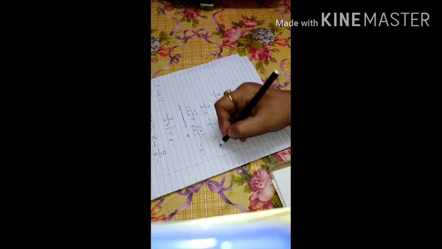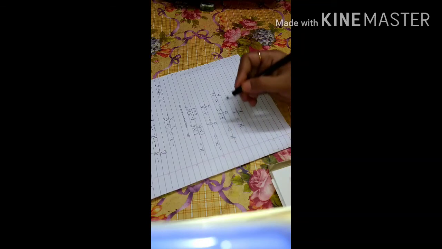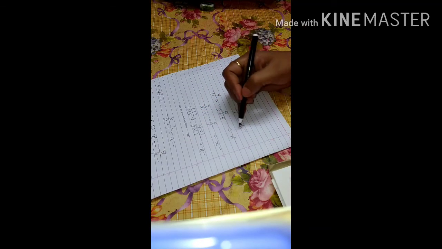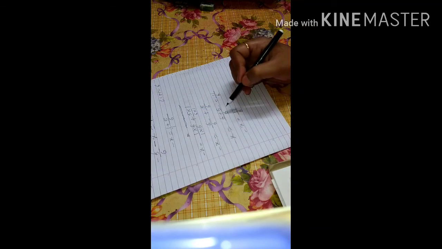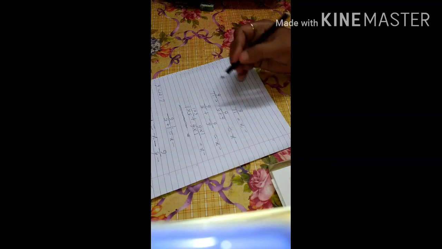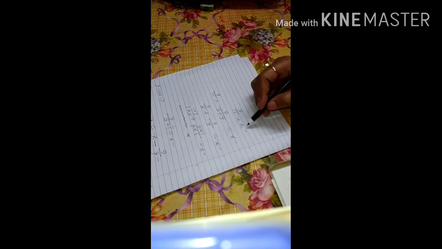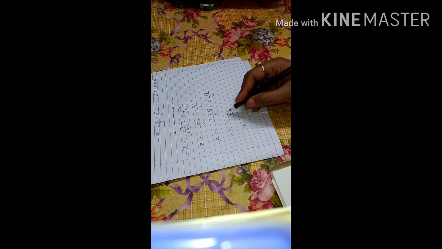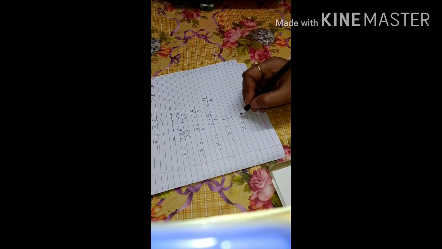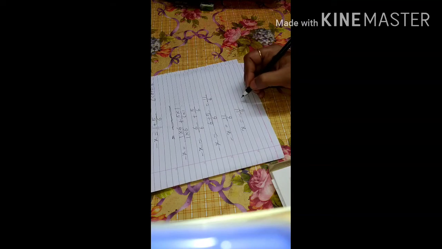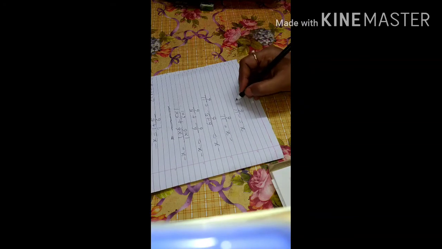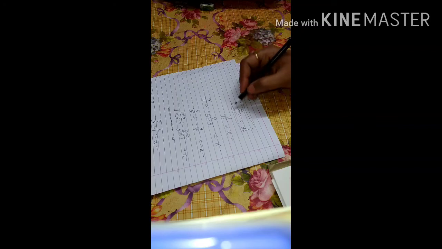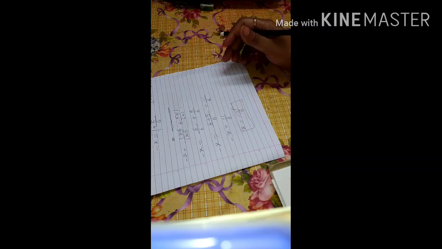Everywhere you can write minus x, minus x, minus x, so that you don't forget that not only x is here, minus x is here. But we have to find out the value of x, not minus x. So for that x here, and this minus we will write with the 11 by 6. Clear? It's okay. And this is the answer. So x is equal to minus 11 by 6.